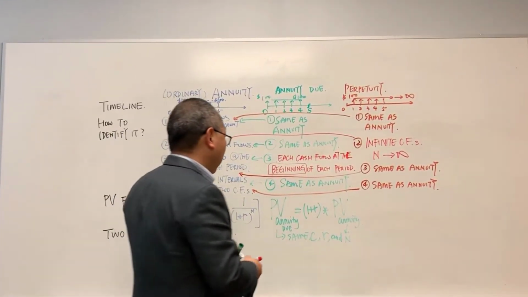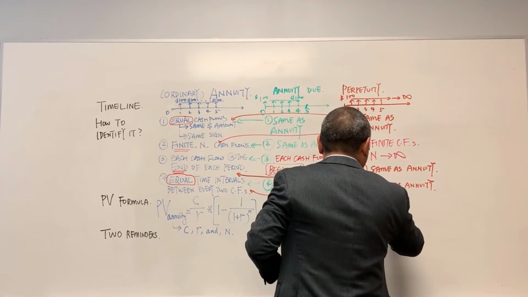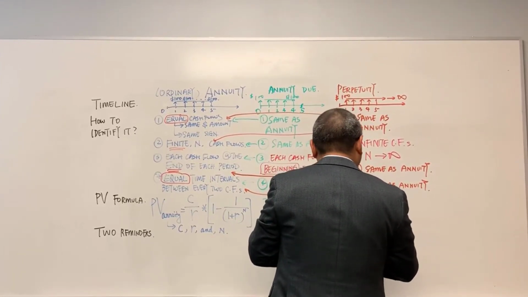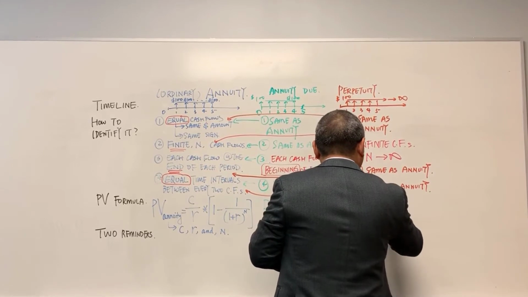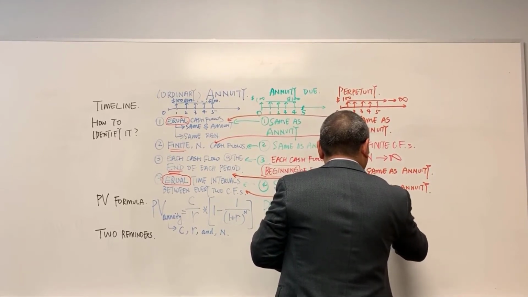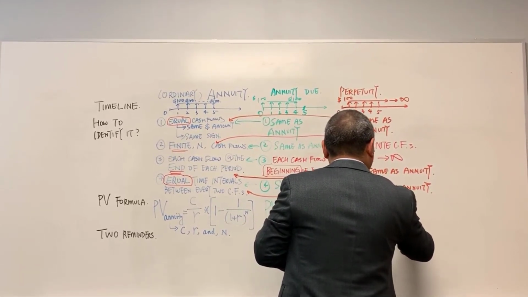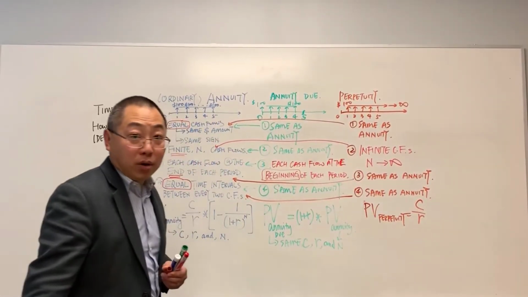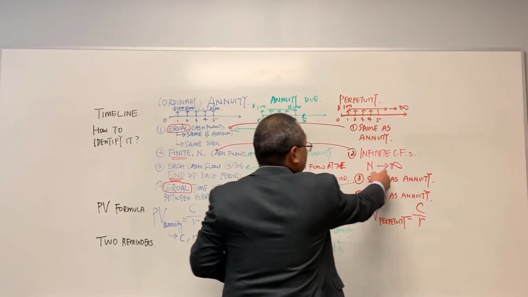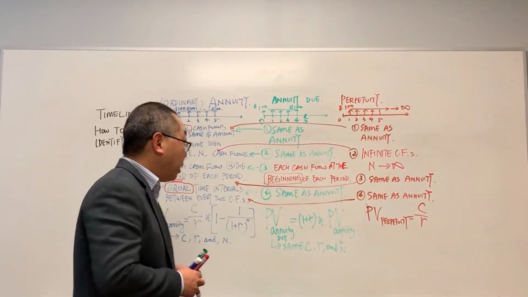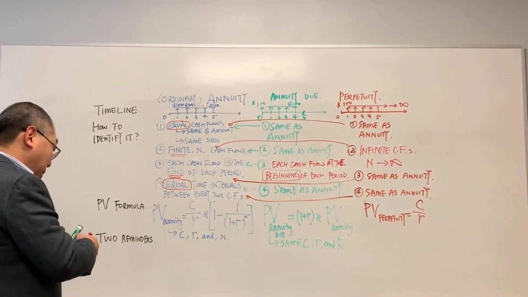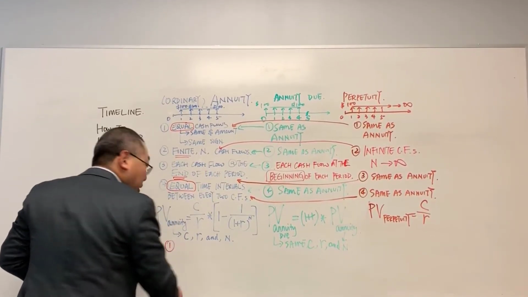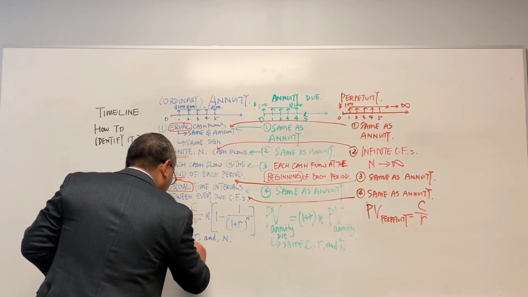How about the present value calculation? Present value of perpetuity equals C over R. There is no n because n is infinity. Okay? And then I'm going to remind you. Two reminders. Number one, in your calculation, C, R,